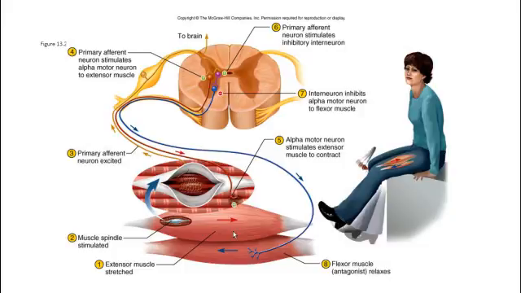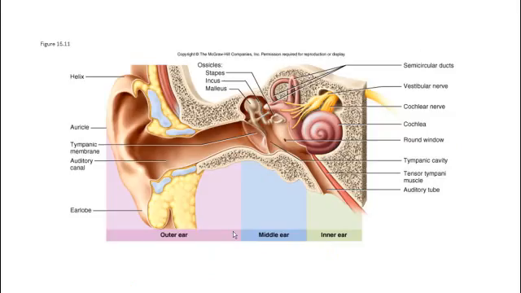All right, as I mentioned, we also have receptors within our joints, and again, they can tell us what the difference in angle is in our body segments and our position without having to look at our body. So that saves us a lot of time and helps us be smooth and fast and coordinated. Another example of a proprioceptor you might not even think about is in your inner ear, in your labyrinth. The labyrinths are basically fluid-filled cavities, not in the middle ear but in the inner ear, and these labyrinths are